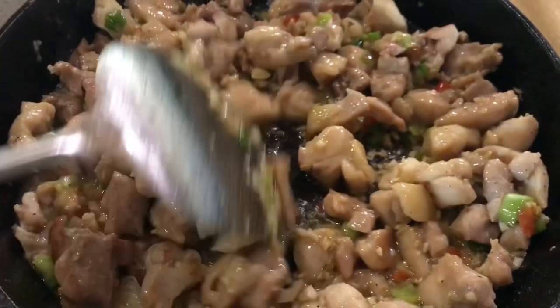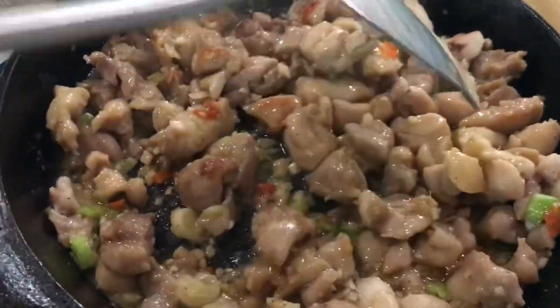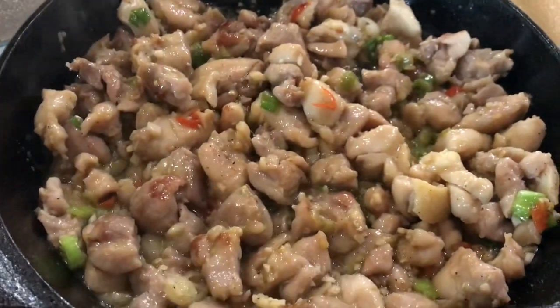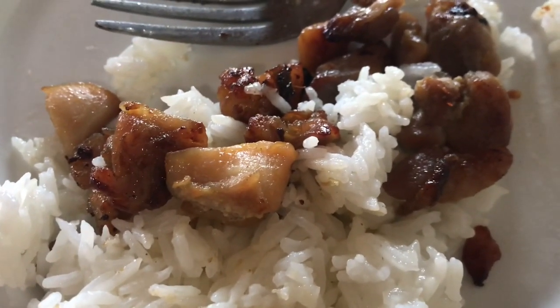Now I'm frying up the chicken with the marinade. You're going to pour the entire contents of that bowl into your cast iron pan, and I've also added some chopped up spring onions. I was so hungry I forgot to do a finished video. But we serve this usually with cilantro and spring rolls or a salad on the side, but this is all I have left because I was scarfing down